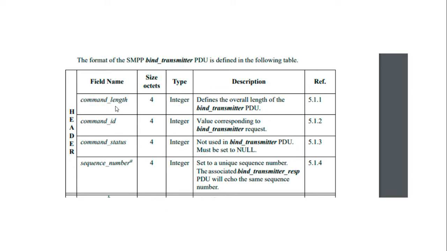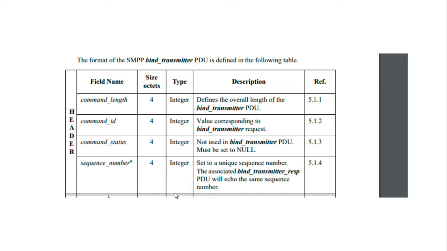The first parameter you have to mention is the command length, then the command ID. Command ID is also a 4 byte integer. The value of this command ID says what kind of bind request you want to send: a bind receiver, transceiver, or transmitter. You will fill these 4 bytes with the value of that kind of request. This value is defined in the